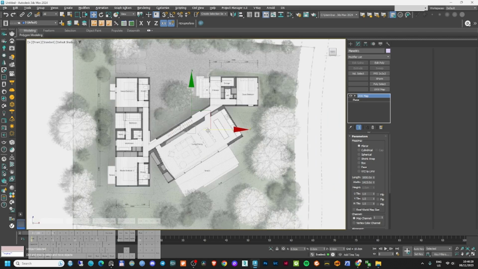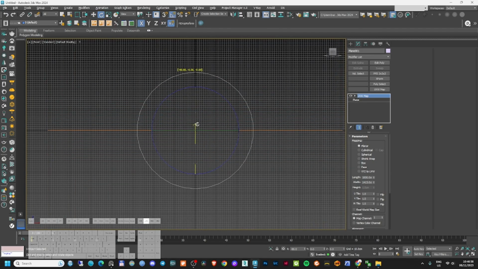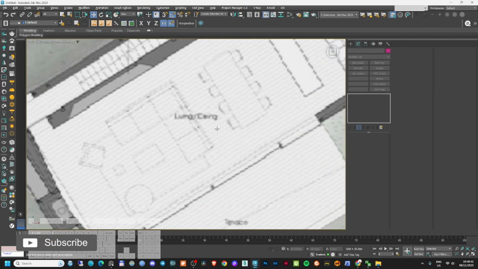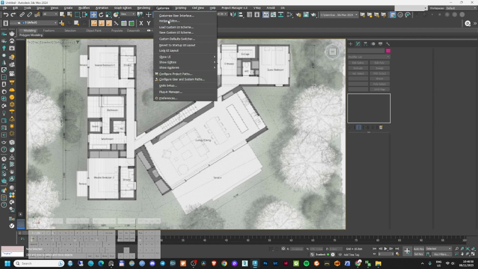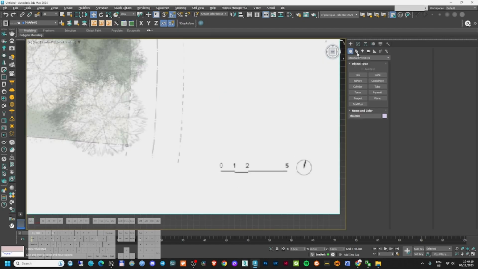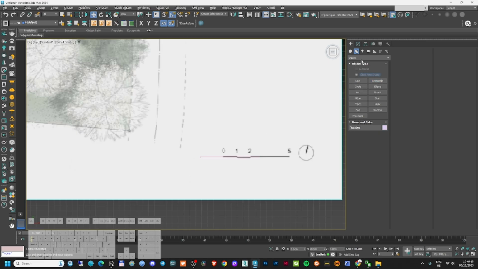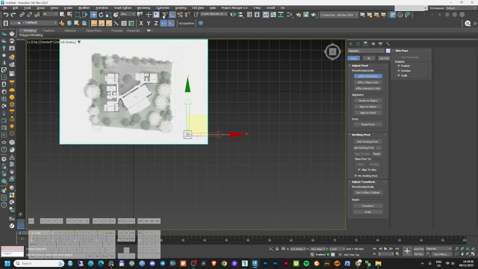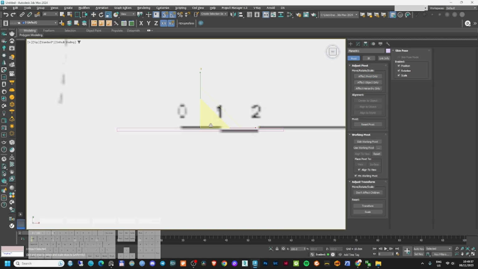Let's go to the front, see the plan. Okay, I'm going to rotate this on this axis 90 degrees. Go to the plan view and let's see our image. Unfortunately, the quality is not very good. We have a scale here, so this means that if we take a rectangle here, and this should be 1 meter, so if I make this 100 and then scale this, I need to take the pivot first and move it here in the middle, and now I will just scale